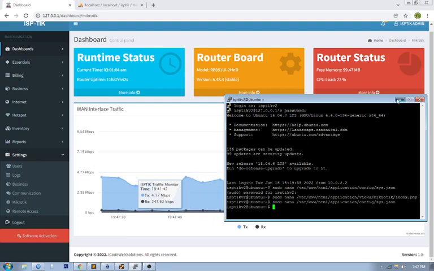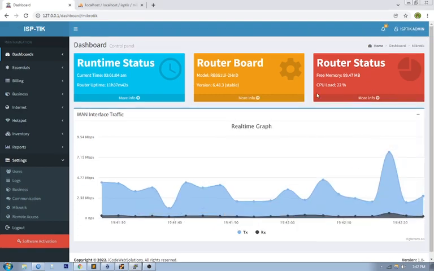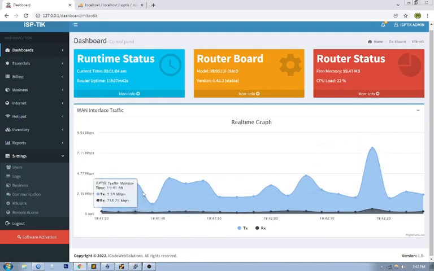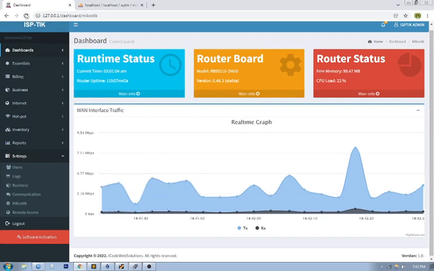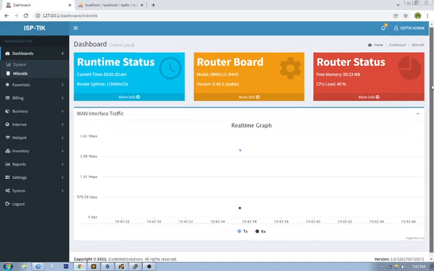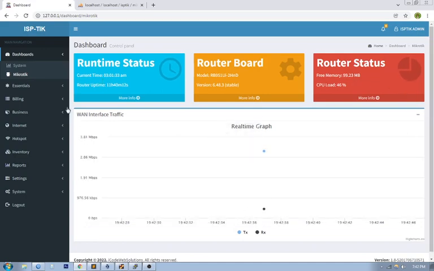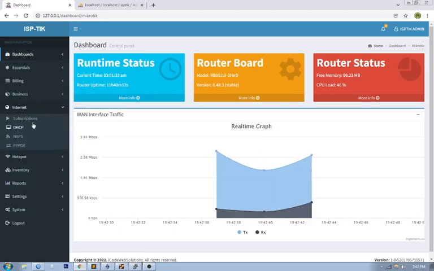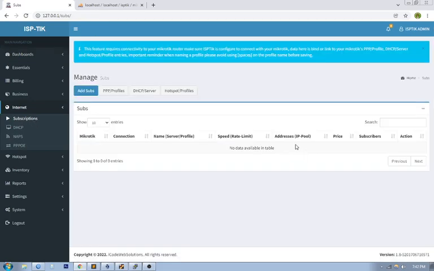Okay. So I have activated my version. So if I refresh, now I have the activated version. So what are the changes? So the changes are, if we take a look at the subscriptions, as what I've said,